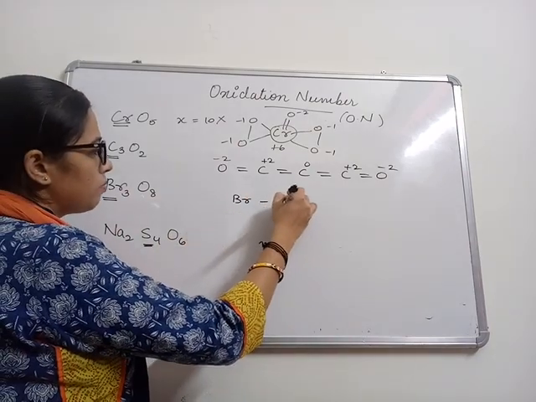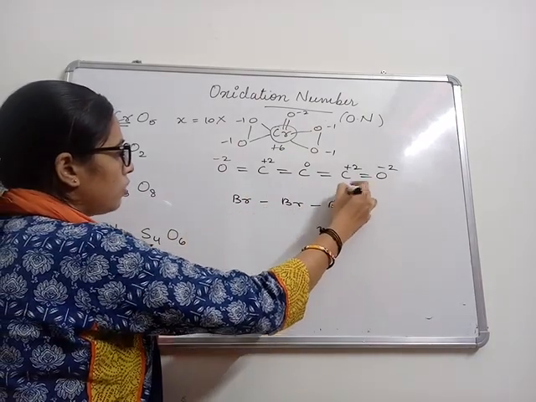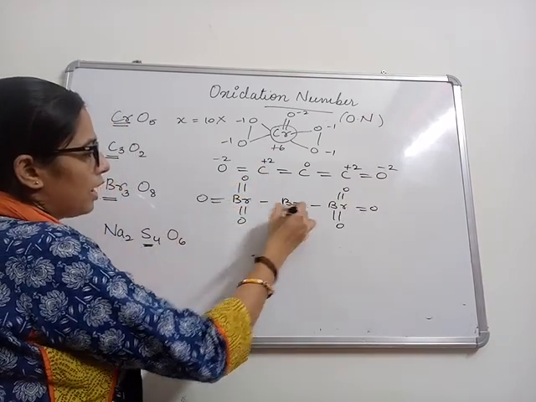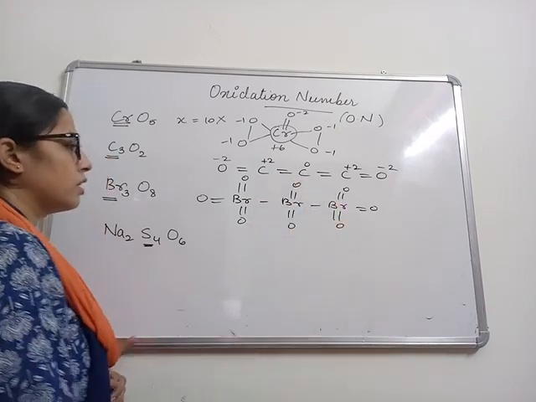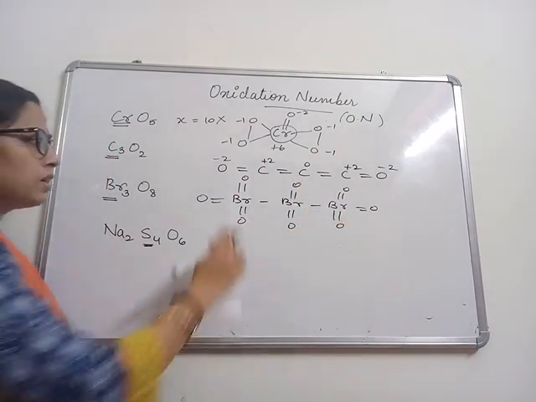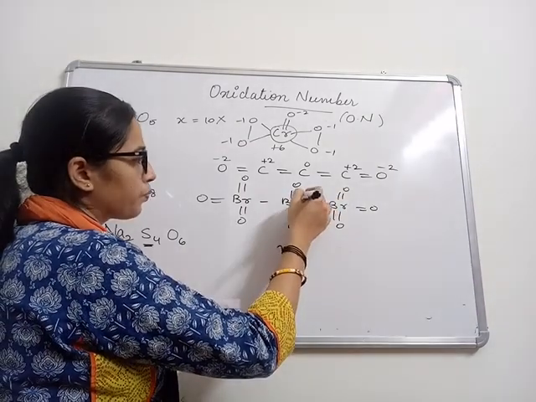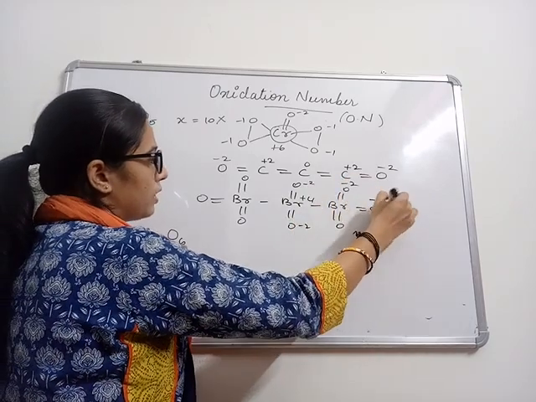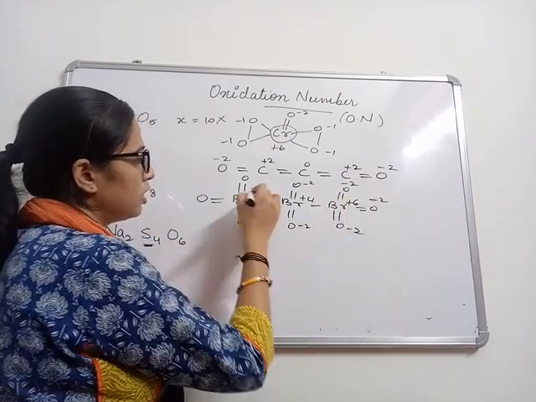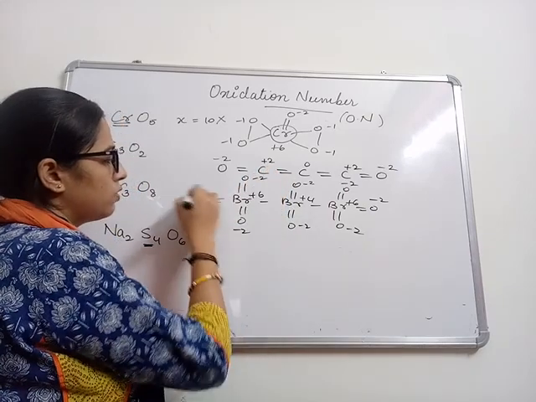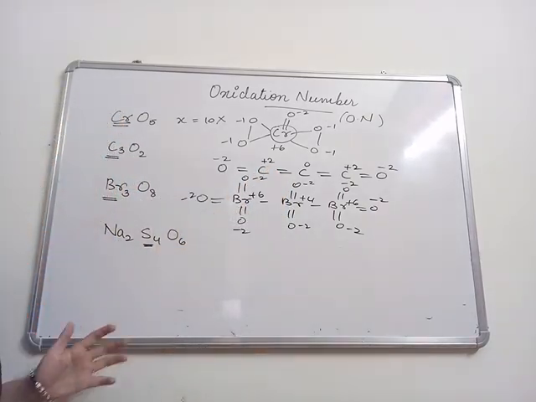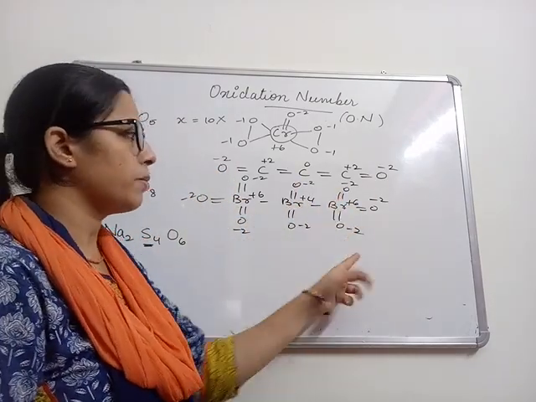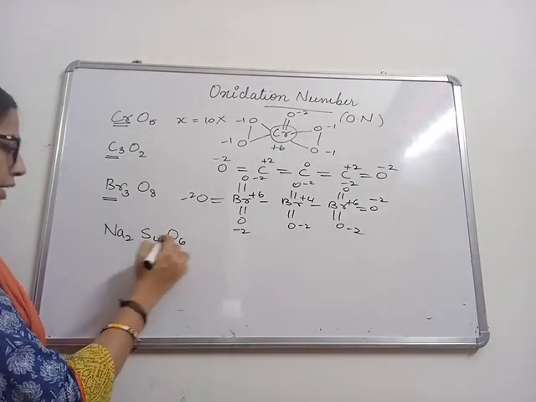Br3O8, you have Br, Br, Br. The corner ones form 3 oxygen atom double bond O, and with 2 oxygen atom double bond, the center. So the center bromine atom, when it is linked with 2 other bromine, it has only the charge +4 due to the 2 oxygen with -2. Here it is -2, -2, -2. It has a +6 charge. Here also +6. Each oxygen with -2. So to compensate, total negative and total positive are equal. This -6, this +6, this -4, this +4, this +6 and this -6. Overall is 0.